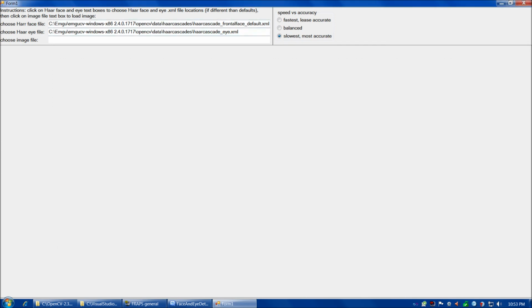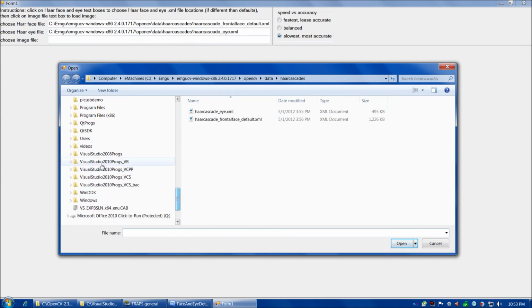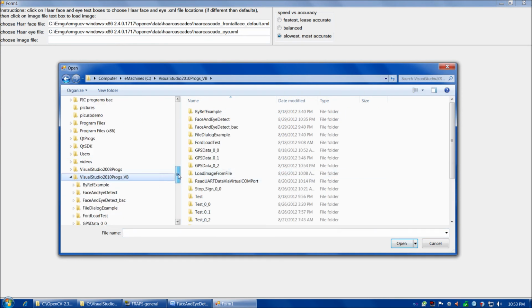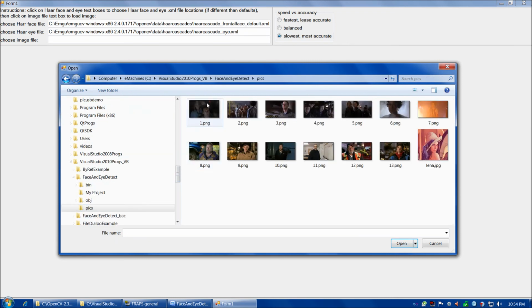So once you've either left the Haar face and eye XML files as the defaults or chosen the ones you prefer, then we can click on choose image file, and then you can navigate to the image file of your choice. I just happen to have a few sample images here in this pics directory,